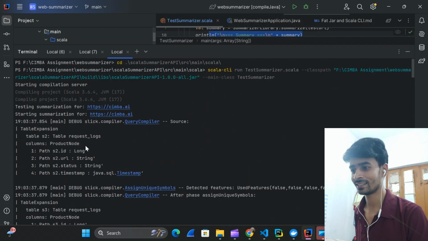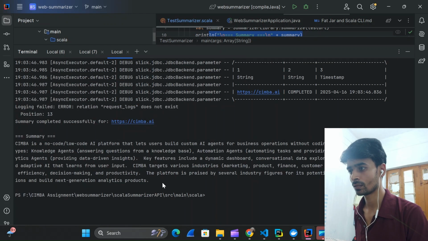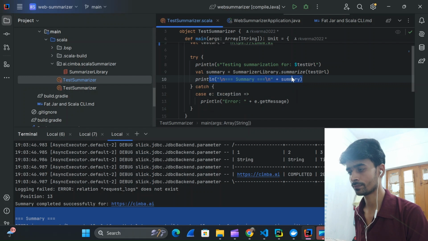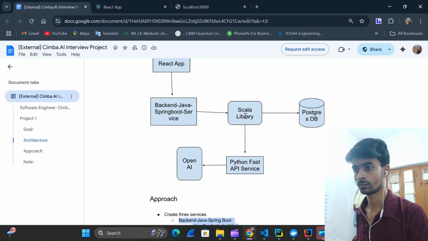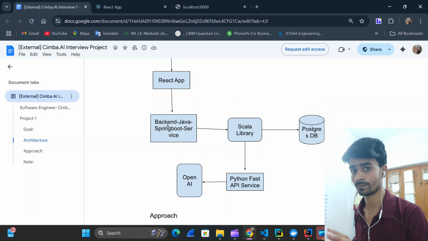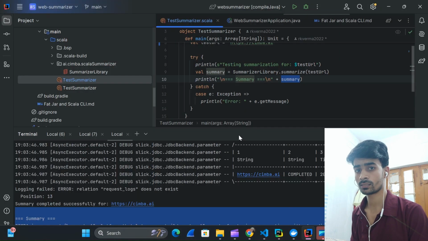Let's see. Yeah, here we got the summary. Here you can see we just ran it, and here we got the summary. You can just verify it. So we tested this Scala library, and it's working fine. FastAPI we tested, it is also working fine. I have explained the code for those two, and the Postgres database is running, that is also fine. Now let me go to this backend Java Spring Boot service,